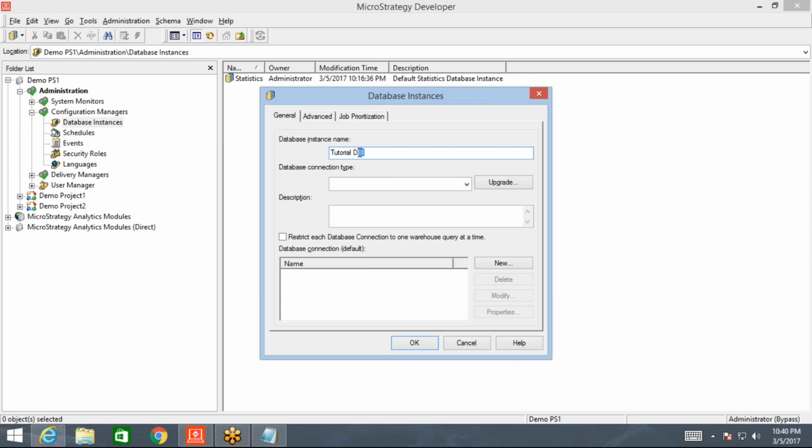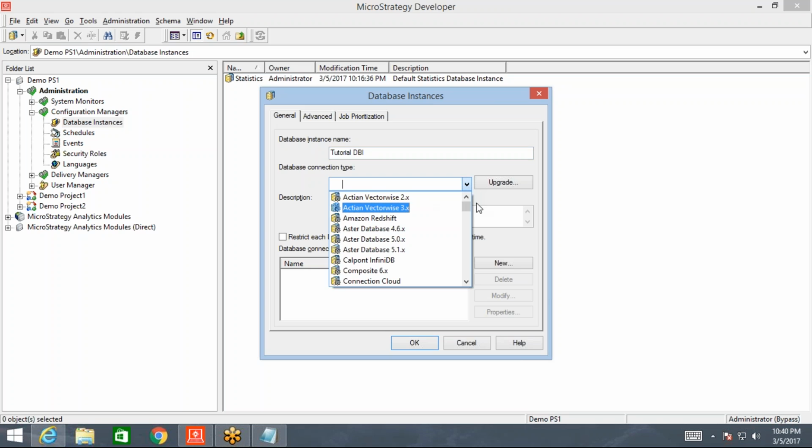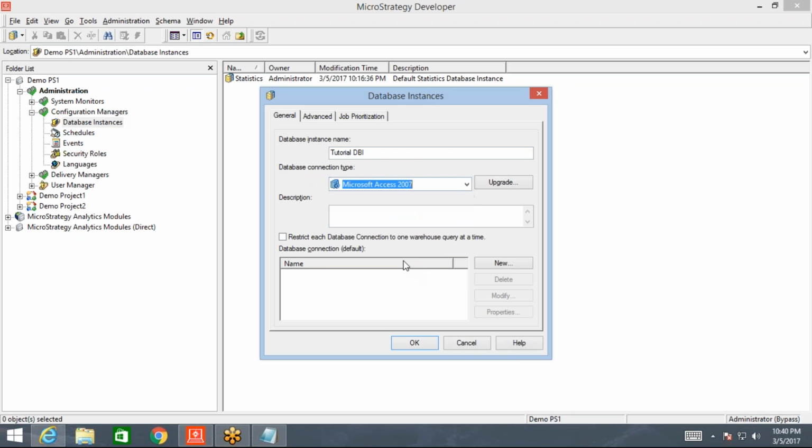So I want to create a database instance, and what is the database type? Here it shows the whole list of database types, so you can just select which database it is. This is a Microsoft Access database, Access 2007. So I just selected that Access database, and for this particular database,